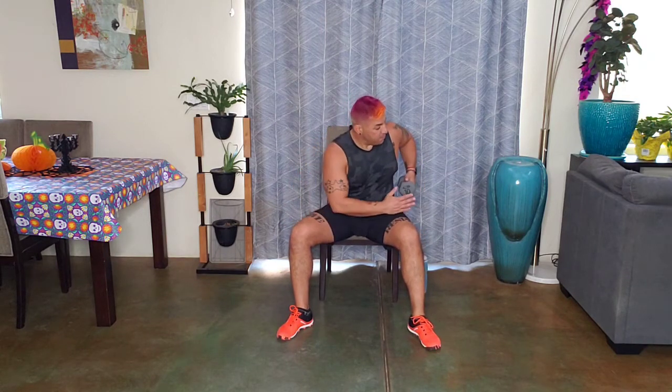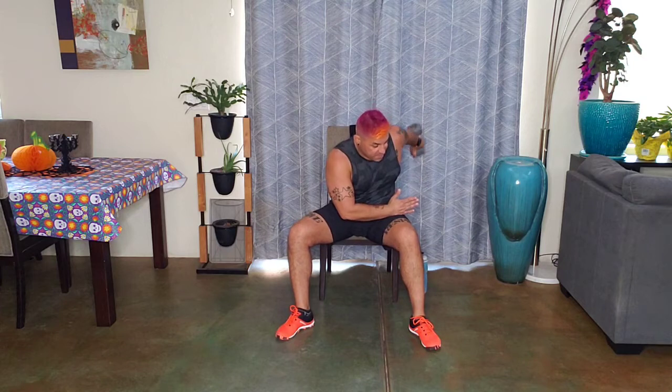Okay, take that nice wide stance with your legs, grabbing the weight in your right hand, keeping your back flat. We're going to lean forward. Your right elbow hinges up. Let's go for it. 10,